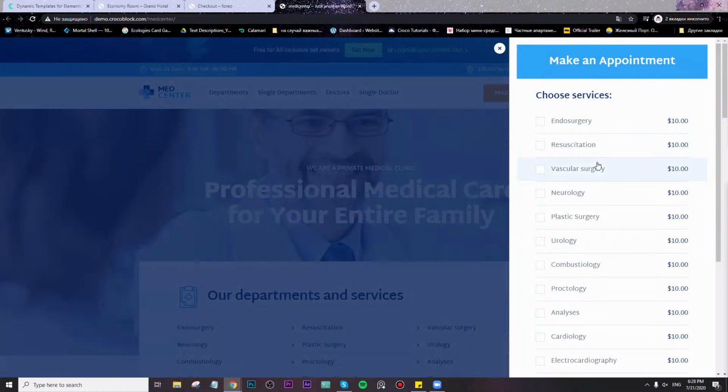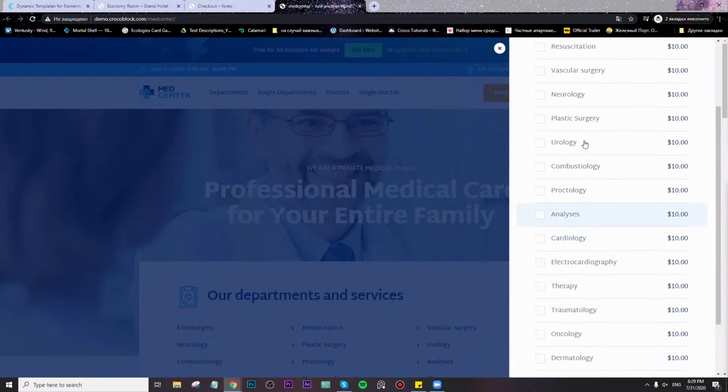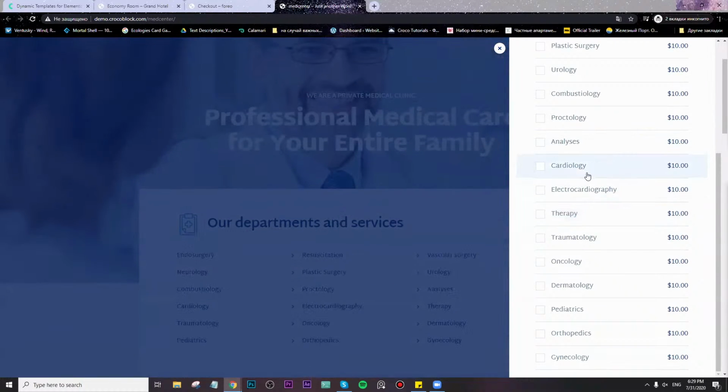So here it is. And one interesting thing in this appointment form is, for example, a custom template for the radio field for JetEngine forms. As you can see, it could show you much more information than a regular radio field where you can show only some text. Here you can build a real listing with maybe photos, maybe some metadata, maybe anything you want, and show this listing like